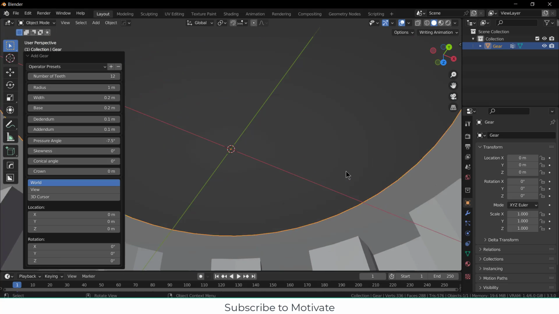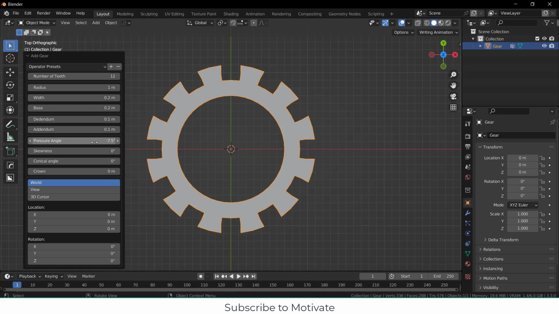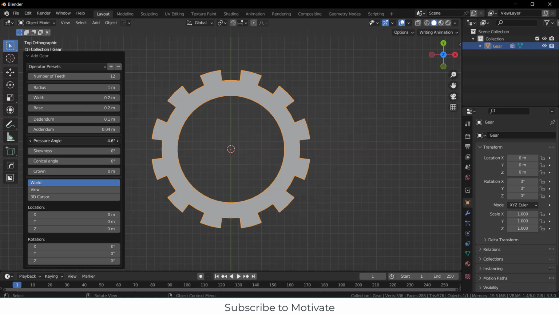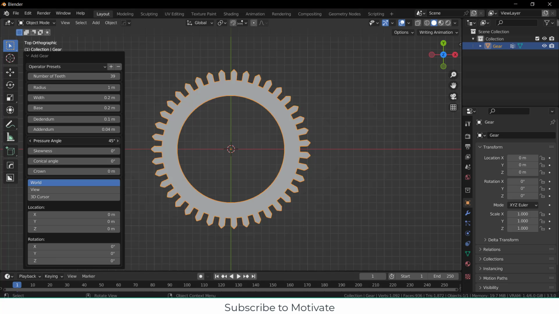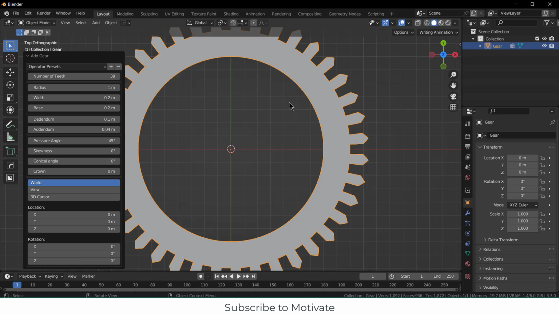Let's try to understand how the pressure angle of a gear affects it. So here you can see my pressure angle is quite low, 7.5. So you can easily say, hey, if my pressure angle is low, then your gear will not mesh. You can see the teeth profile. Sorry, if it is high, your teeth will become weak. Let me increase this value. Okay, this is the maximum it can go. So you can see your teeth will become weak if your pressure angle is high. So always make sure that your pressure angle is in the range of 14.5 to 20 degrees. Okay,